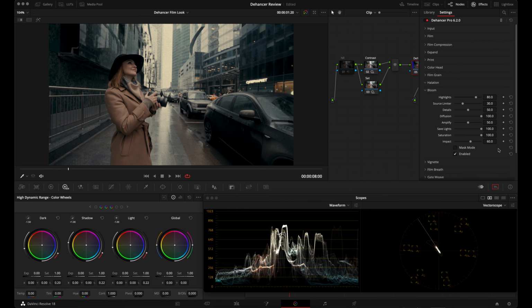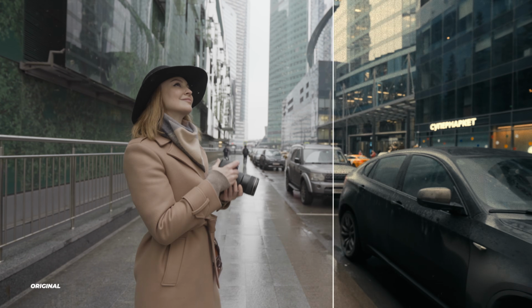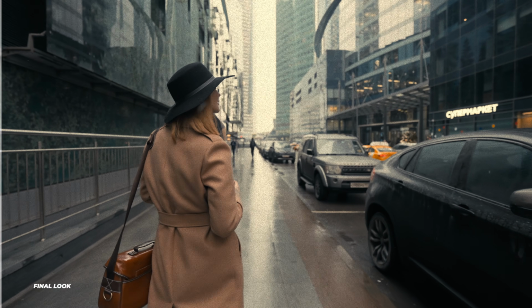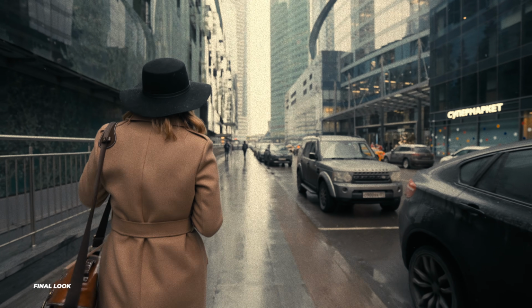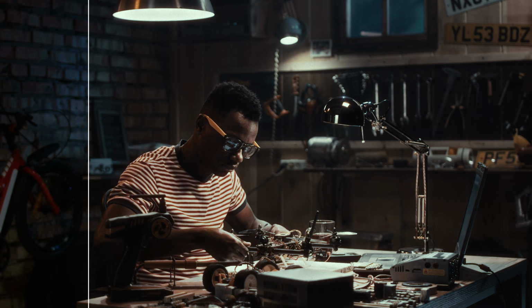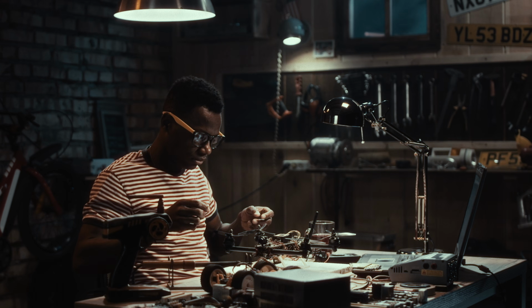This impact control here can be thought of as the opacity slider for this effect, and I'm actually just gonna increase it the tiniest bit, and that's good right there. A nice subtle glow around just specific highlights in the shot. And that's how you can use Dehancer Pro to create a very quick and simple but aesthetically pleasing cinematic type film emulation. Dehancer is a powerful tool and a great plugin to have in your arsenal and your library of effects